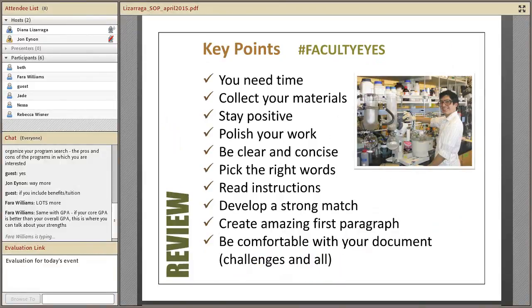All right. As we review everything and wrapping up, remember, your audience are faculty. So I put hashtag faculty eyes. They're going to be on you, right? They're going to be looking at that paper, understanding who is this person, and you only have really 2 pages to do that with. This is a picture of Pablo, and Pablo is